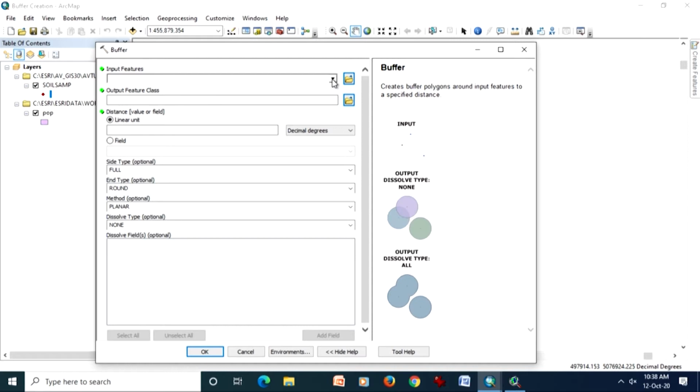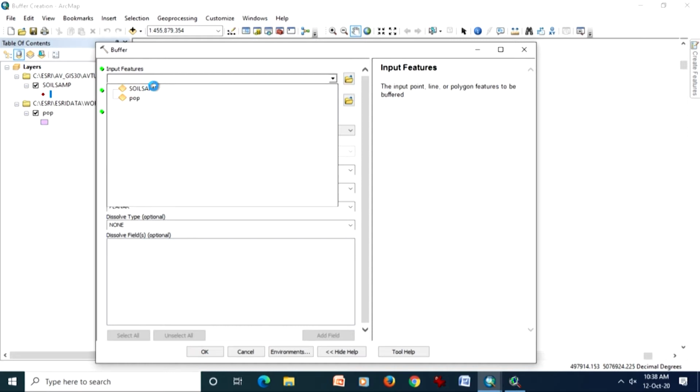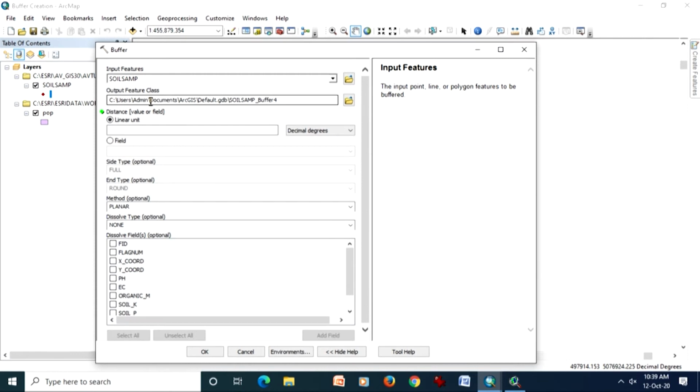First, which file? I am going to take this soil sample file here. If more than one theme is displayed, then there will be a list. If a single theme is displayed, then there will not be any other option. Now, after this we go for where to keep the data, that is the output feature class. Then we have other details, and whatever is the default, no problem, we will go with that.